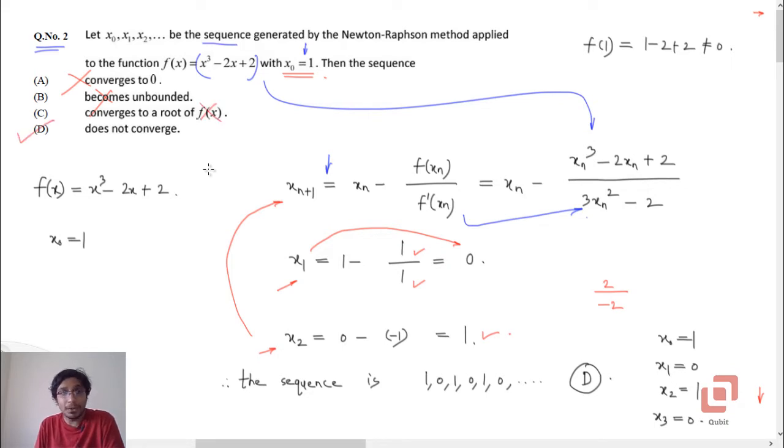Okay, now the option becomes unbounded before it does not converge, so you will be tempted to mark option B, but there is a difference between convergence and boundedness. If you know it, then you can very easily solve this problem. The correct option is D. Okay. Next,